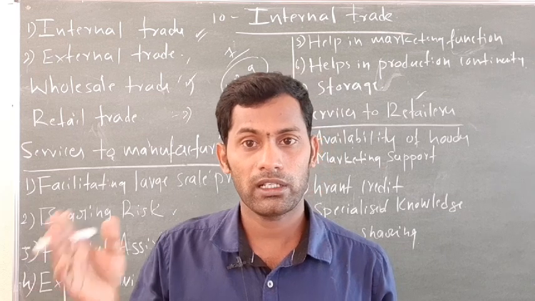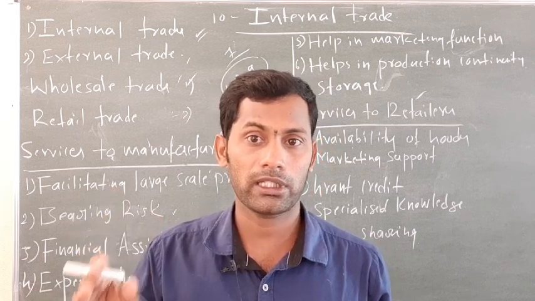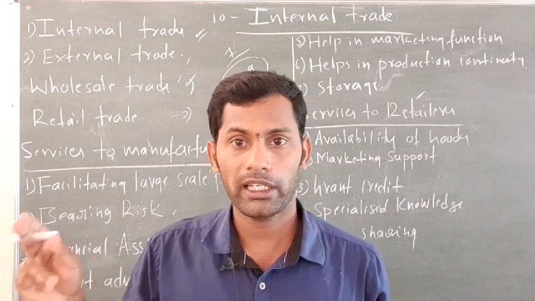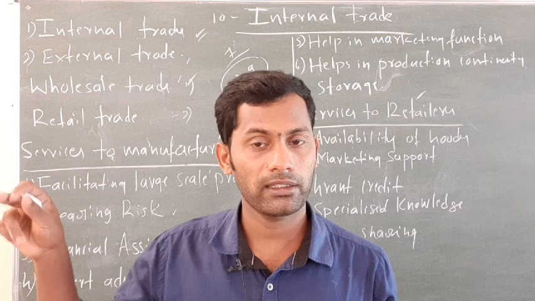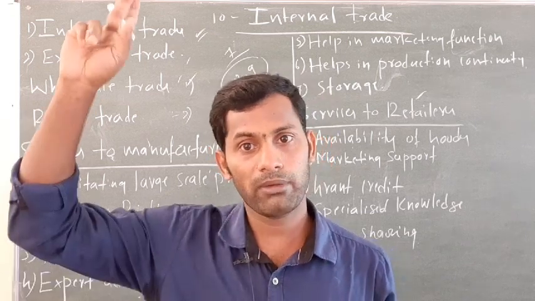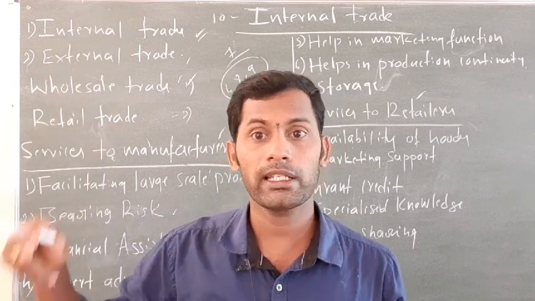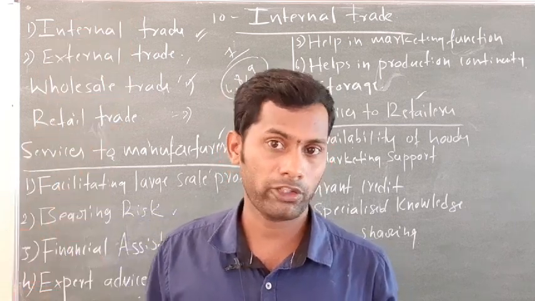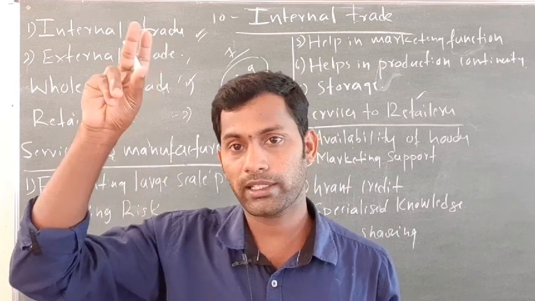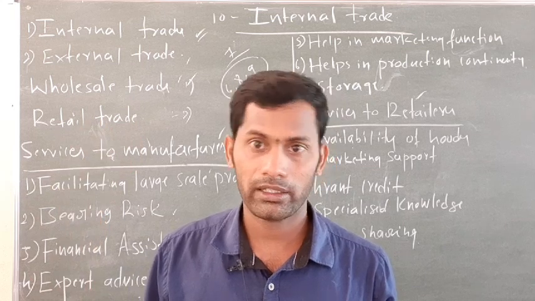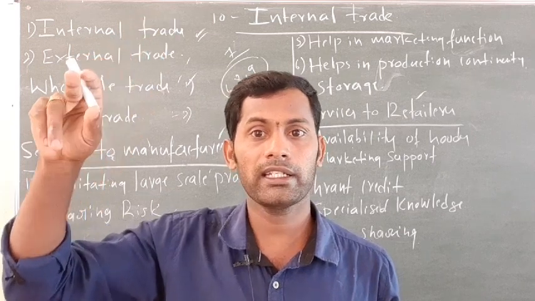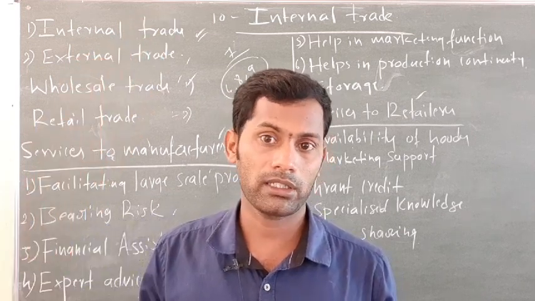Otherwise, sometimes you have long distribution channels, right from the manufacturer, then to the agent, then to the wholesaler, then the retailers, and the ultimate consumers. Sometimes from the manufacturers, then to the wholesaler, then to the retailers, then to the ultimate consumers. One more short distribution channel is manufacturer to the retailers, to the consumers, or manufacturer, agent, and to the consumer. These are the things.